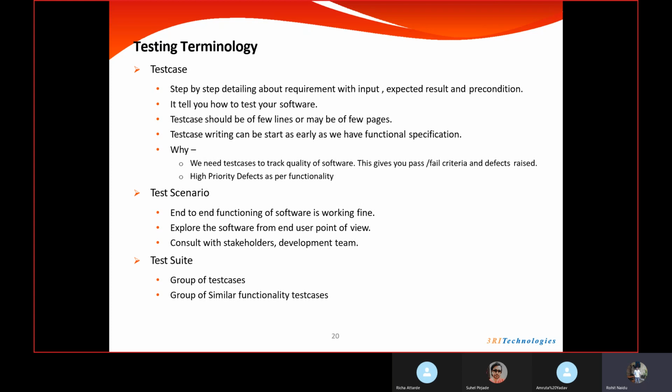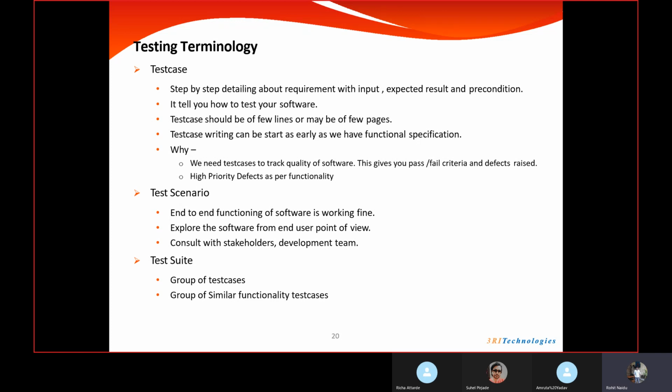In the third, I will give correct username and wrong password. I will keep on doing like this. So I will test the same functionality with 5 different data, but entirely the functionality is the same. So similar functionality test cases can be grouped together and called a test suite, or just a bunch of test cases can also be referred to as a test suite, right?